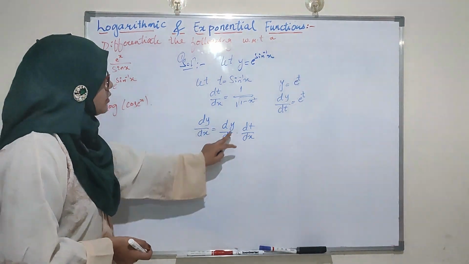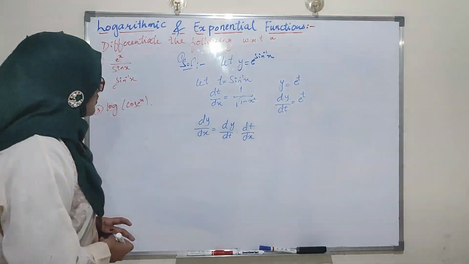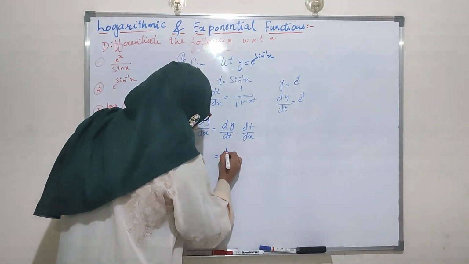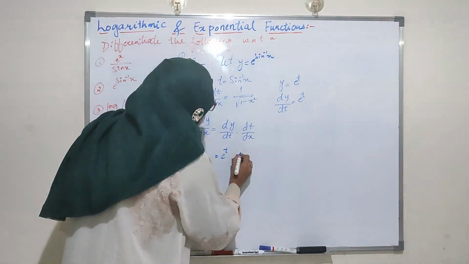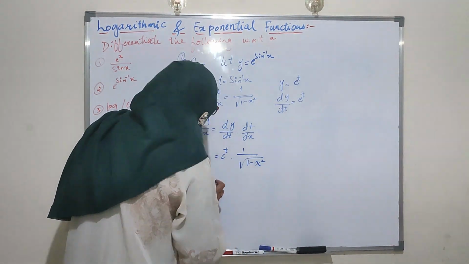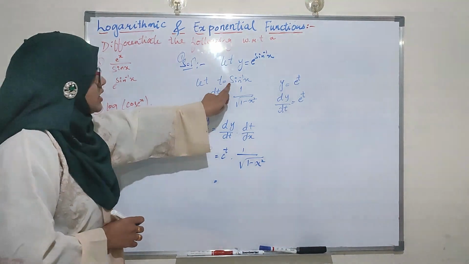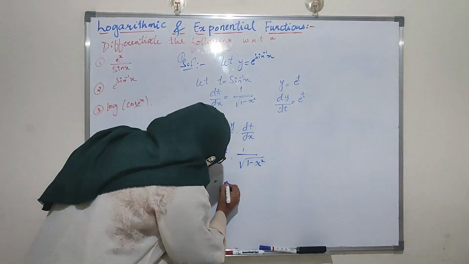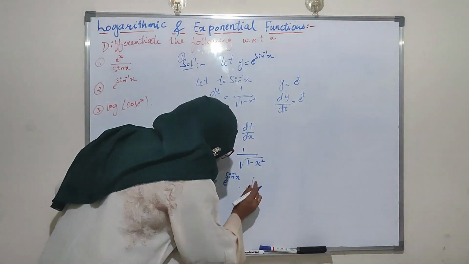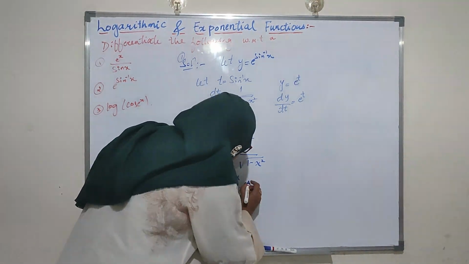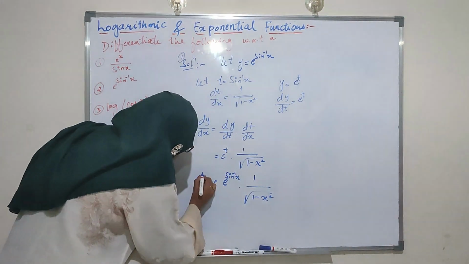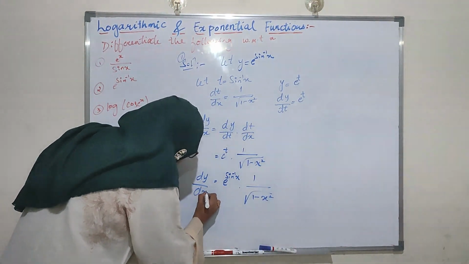dy by dx equals dy by dt into dt by dx. We have dy by dt as e raised to t into dt by dx, which is 1 divided by under root of 1 minus x square. But t, we made a substitution t as sin inverse of x. So replace t by sin inverse of x, into 1 divided by under root of 1 minus x square. This is the required differentiation of the given